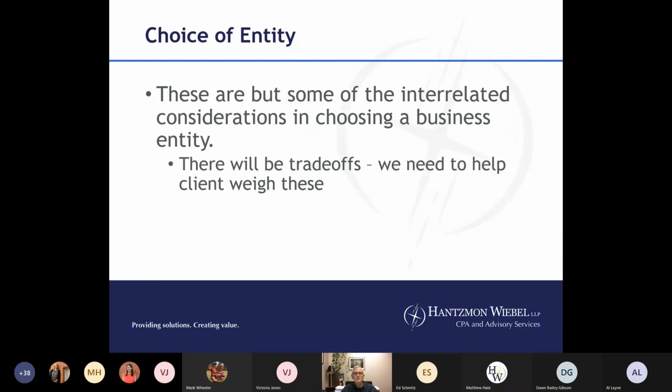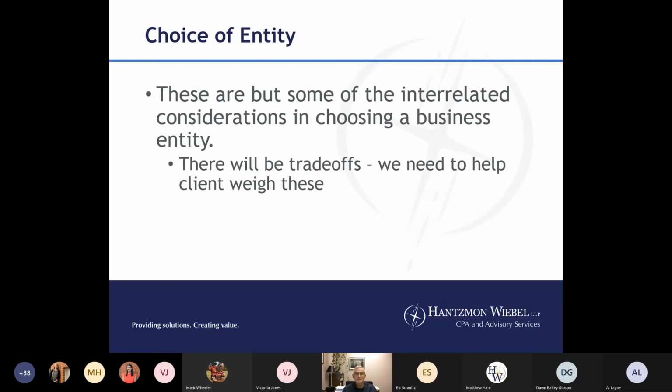So these are just some of the interrelated considerations. As you see, all of this is certainly three-dimensional, maybe a three-dimensional matrix. And our job, I think, is to help them make the trade-offs. There will be trade-offs in governance. There will be trade-offs in profit allocations. There'll be things that you want to do, and maybe you look at it and the most tax efficient thing immediately